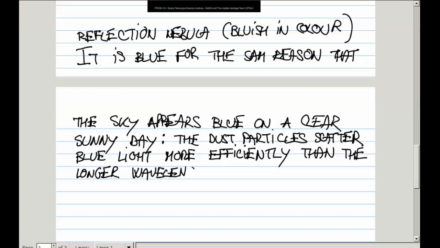It turns out that these dust particles scatter blue light more efficiently than the longer wavelengths, than say the red light. That's just the way electromagnetic radiation interacts with matter. Shorter wavelengths are scattered more than the longer wavelengths, which can actually work their way around the solid particle, right? The shorter wavelengths are comparable in size to the particle, and therefore they get scattered. The longer wavelengths can just work their way around